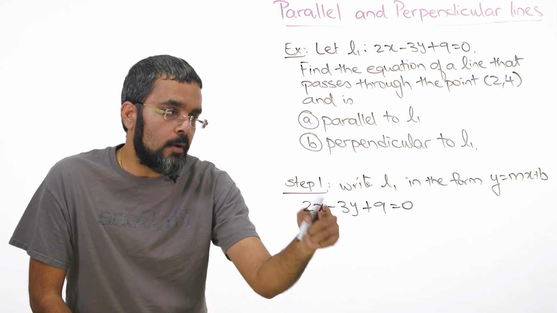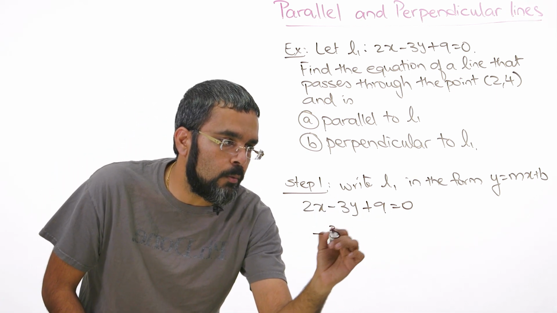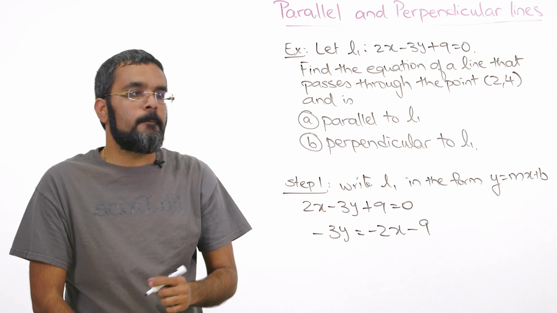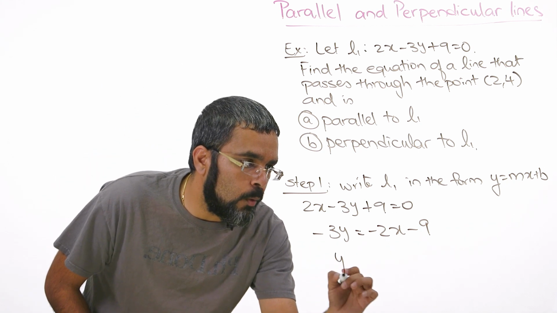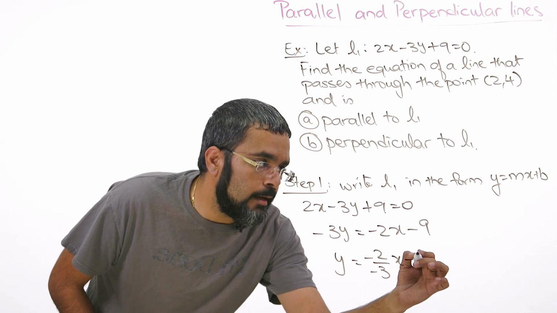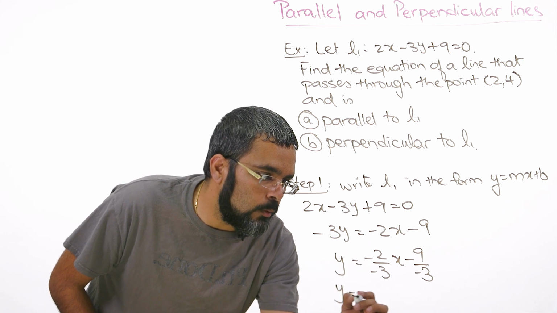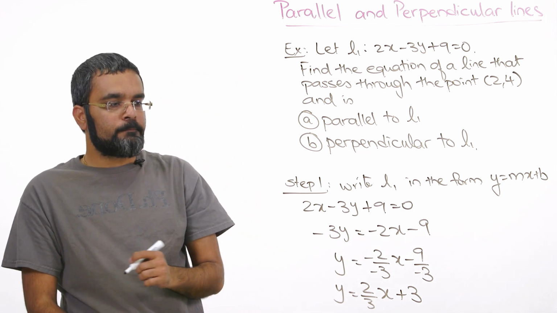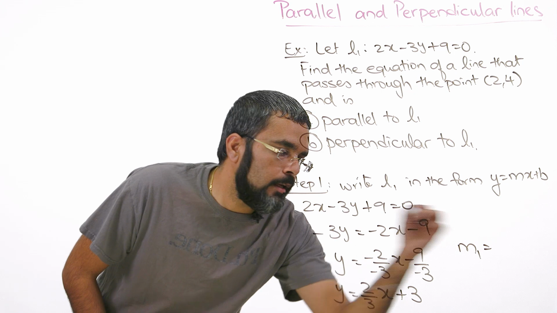I want to isolate y, so I subtract, and I get negative 3y equals negative 2x minus 9. Then divide by negative 3, I get y equals negative 2 over negative 3 x minus 9 over negative 3. Simplifying that, I get y equals 2/3 x plus 3. So M1 for us equals